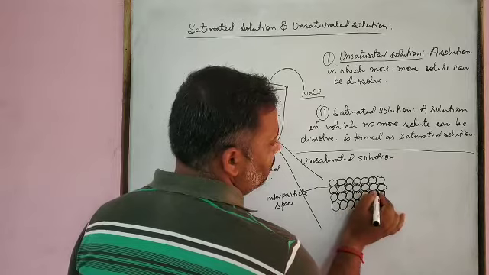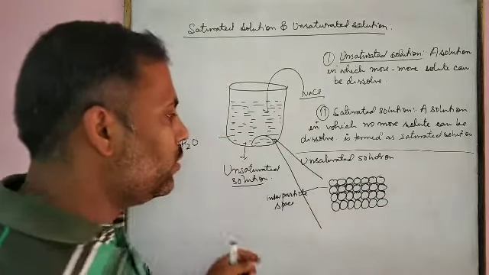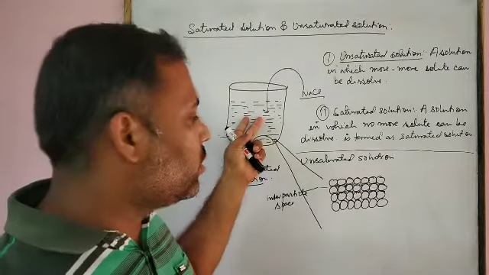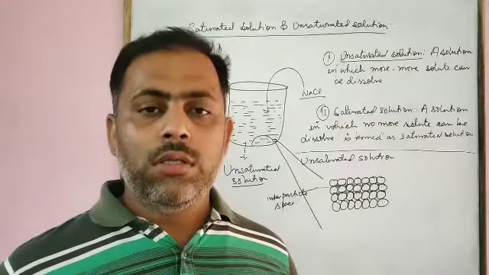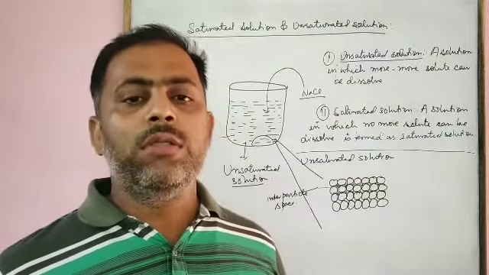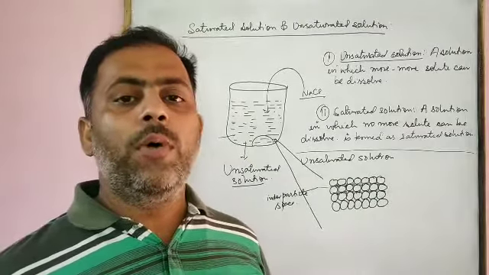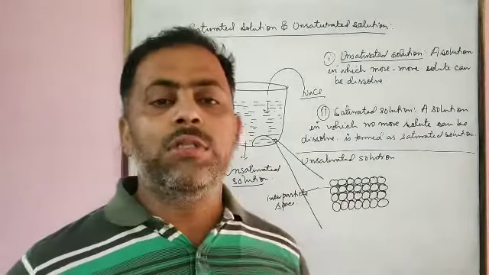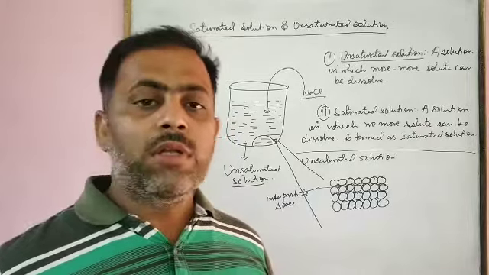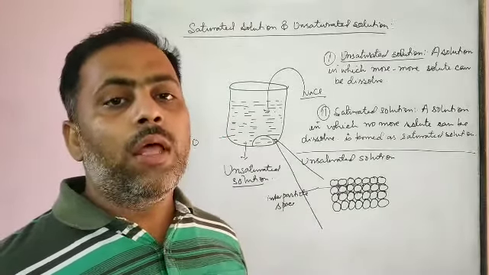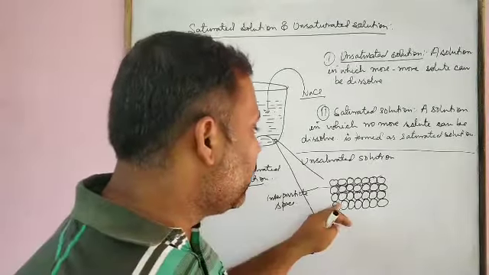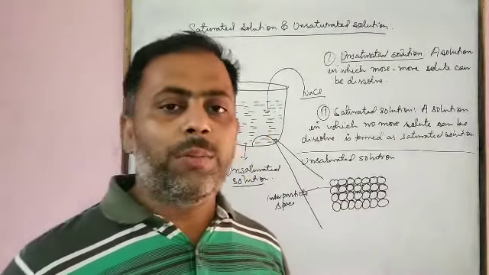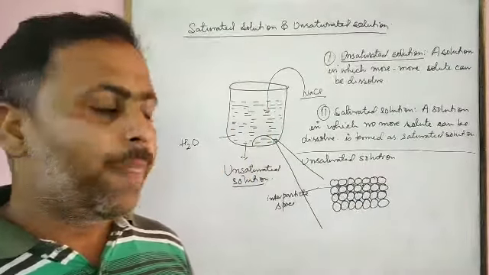This one is NaCl. It means in an unsaturated solution, the interparticle space is left vacant, there is a larger amount of interparticle space which is not occupied. If it is not occupied, then the added solute will be broken down and will accommodate the interparticle space. It means it is going to dissolve.